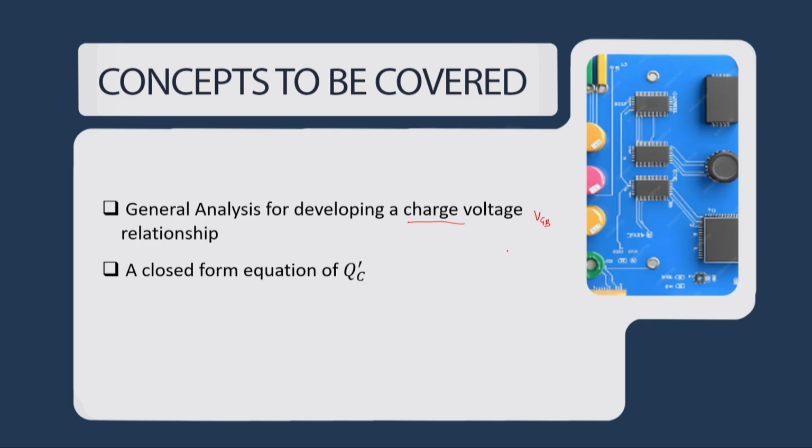You remember that in previous lectures, we were discussing the two-terminal MOS structure, where this is metal, this layer is oxide, and this is semiconductor. We were applying a voltage between the gate and body terminals, which is VGB. We claimed that by applying a VGB, a surface potential comes into the picture. This surface potential is responsible for causing a channel charge. So here we are trying to formulate a closed form equation relating these three quantities, psi s, QC dash, and